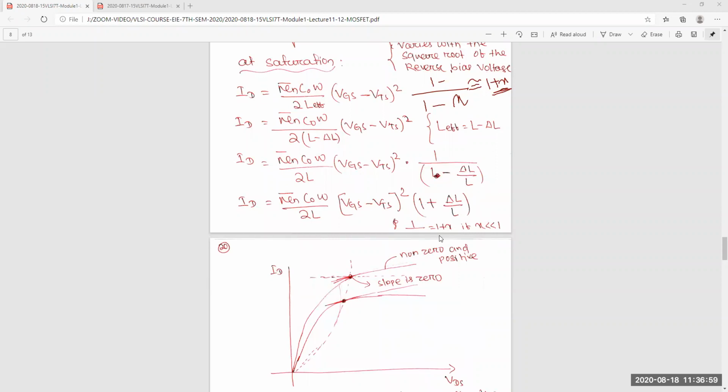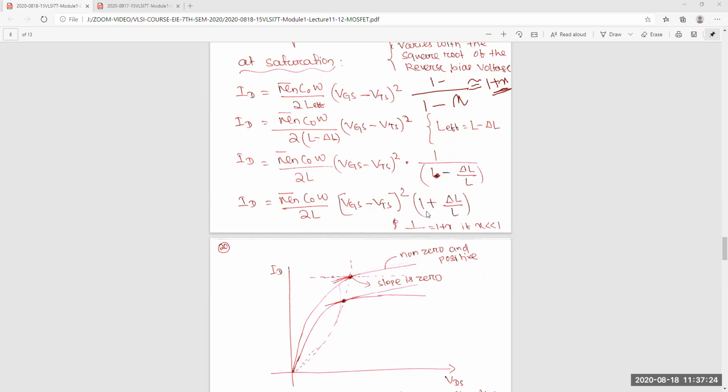Okay. So finally, this thing I have written. You see, this is nothing but your actual equation, with the channel length modulation. Initially this part is not there, so generally we say that the current is constant. There is no VDS term in the equation, so ID is not dependent on the VDS initially. But here, another part is there, that is 1 plus del L by L.